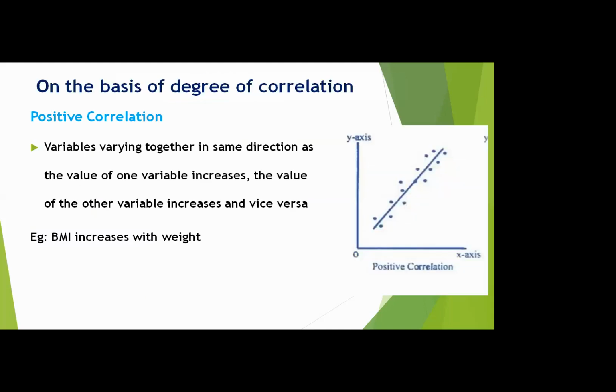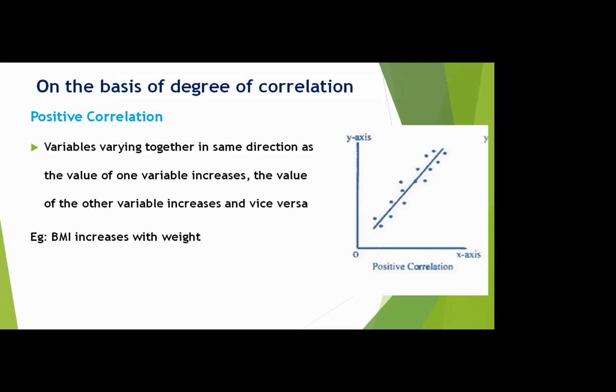On the basis of degree of correlation, we are assessing whether it's positive, negative or zero. Then what is a positive correlation? If we have two continuous variables and we observe that if one value increases, the other value also increases. Like if our weight increases, our BMI also will increase, right? In that same sense, if one value decreases, the other value will also decrease. The same direction of change is occurring between those two variables.